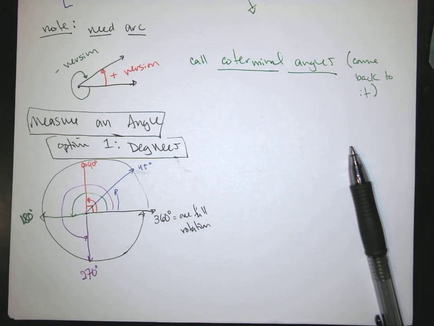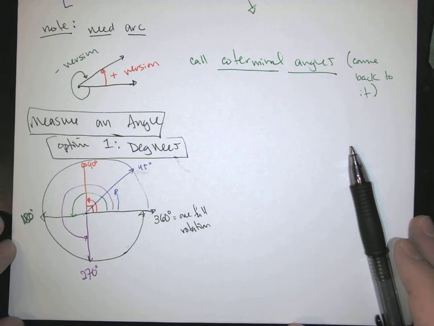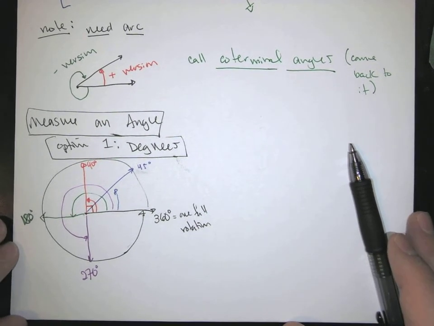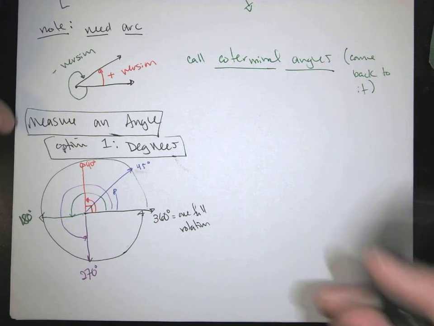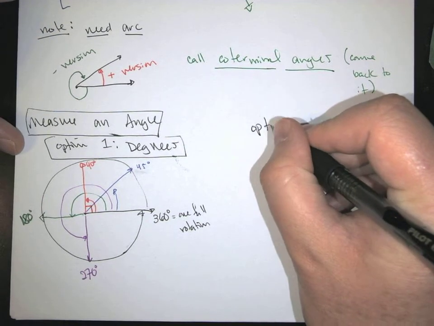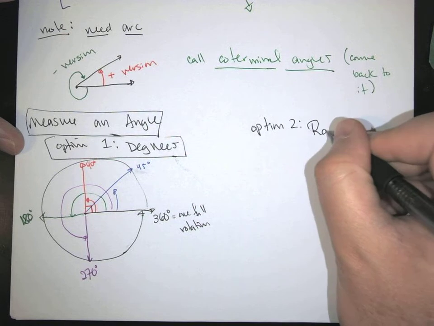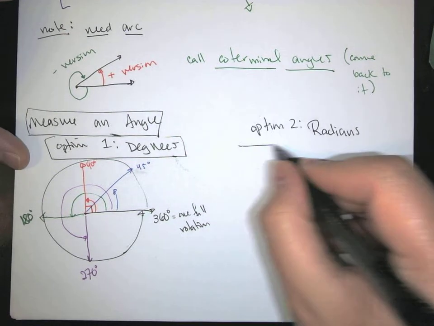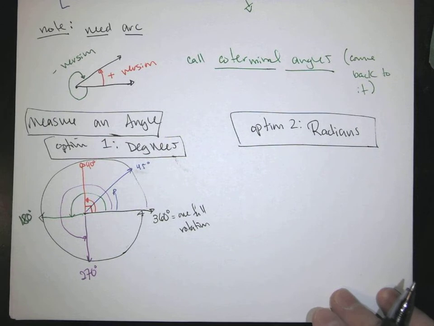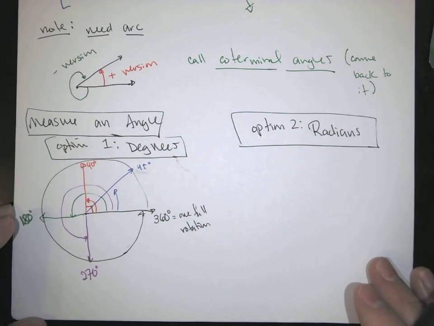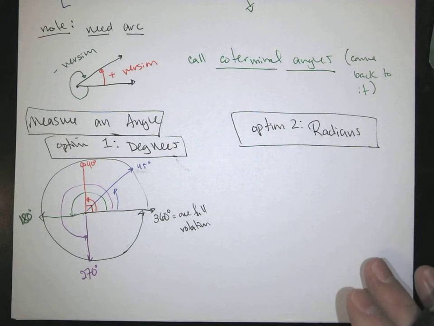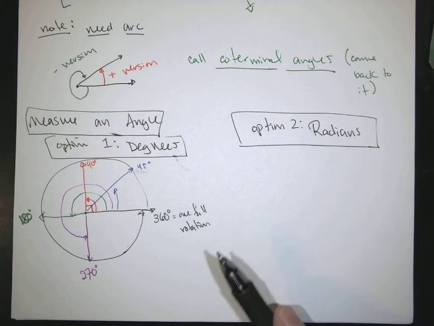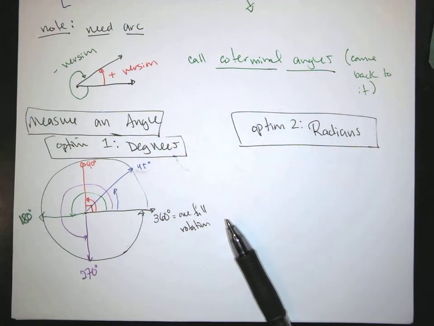So option 1 for measuring angles is to just measure them in degrees. Option 2 is a very math focused option. That's what we call radians. We're measuring the same thing. We're still measuring the rotation, we're just using a different unit. What's unique about radians is we sometimes call them a unit-less measure. So what that means